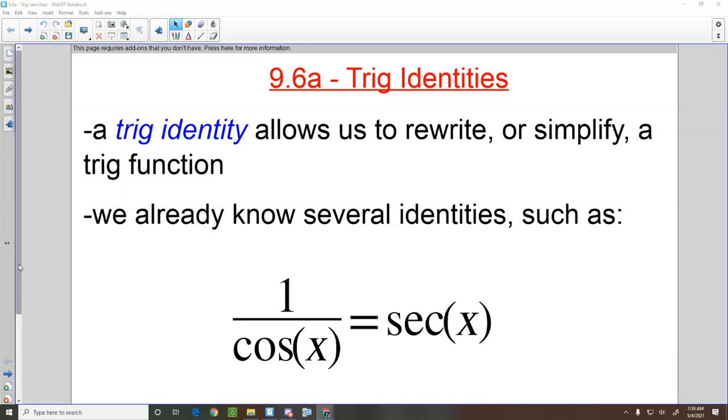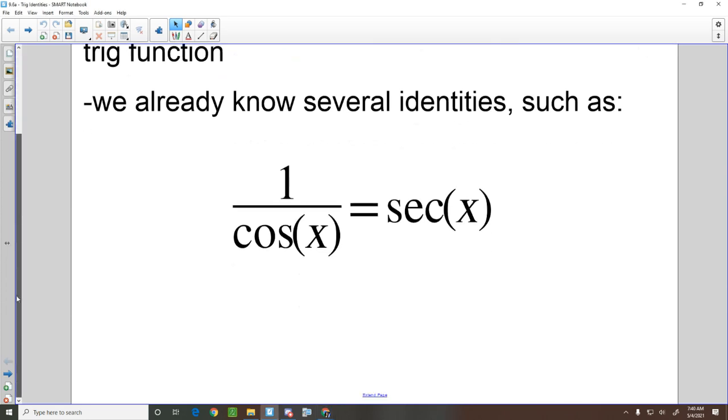All right, so we're going to learn these different identities. We have 3 classes of them, or 3 categories. Again, we know most of them, and the ultimate goal is to solve trig equations, which we'll do later this week. And so one such identity we see at the bottom, we know that 1 divided by the cosine